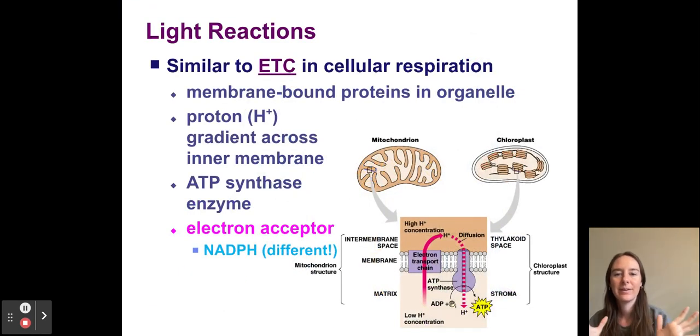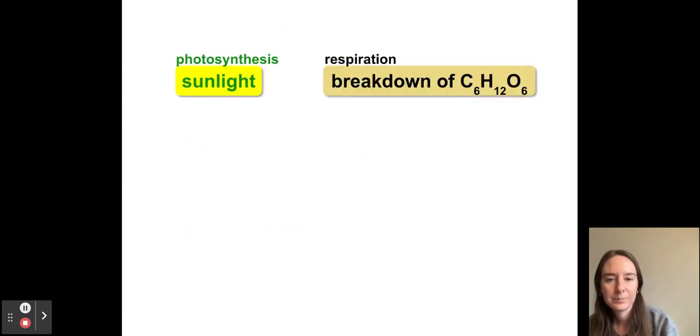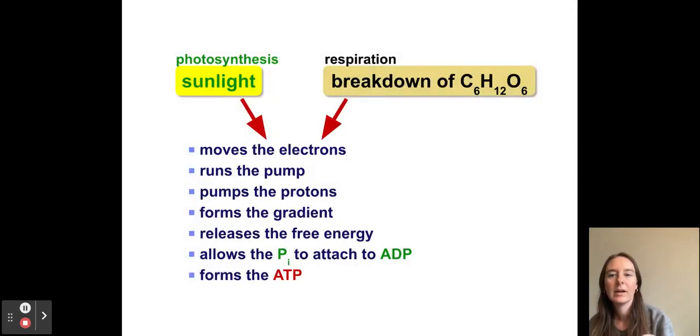All right, so once again, the light reactions, we talked about this and how they're compared to the electron transport chain in cellular respiration. If you want to pause this slide and look closely at it, you can, but I've already explained what's going on here. Okay, so overall, in photosynthesis, sunlight is supplying the energy to move electrons around and shuttle energy around. So sunlight is going to power the pumping of hydrogen ions into the thylakoid space, right? Because it's exciting those electrons, it's pumping those protons, it's forming the hydrogen gradient inside the thylakoid space,